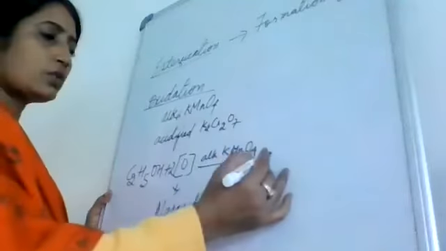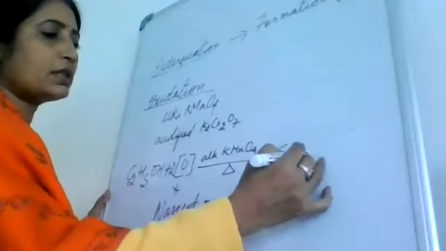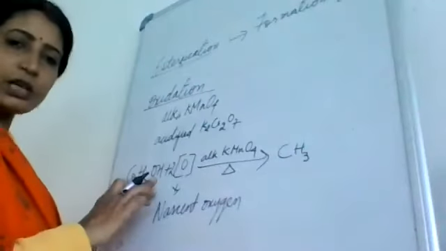Okay. So what are you going to get? You are going to get CH3. यहाँ पे ऑक्सीजन का नंबर बढ़ेगा।